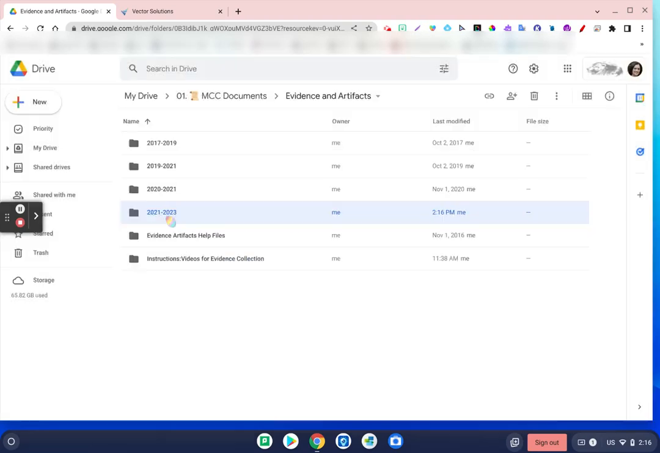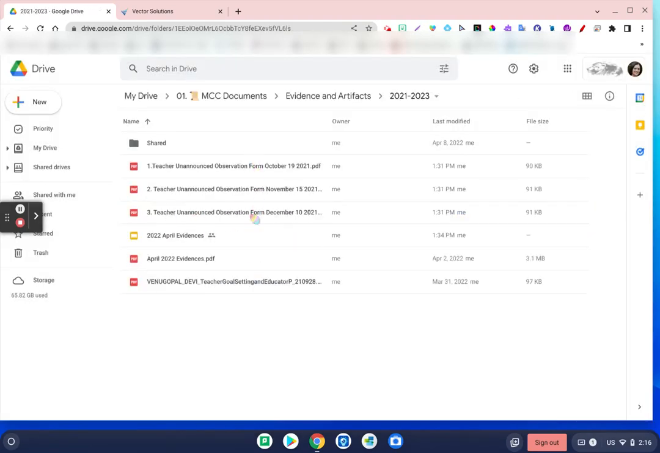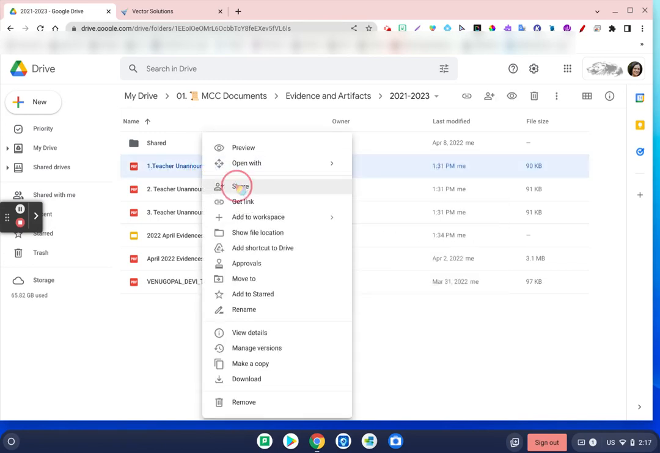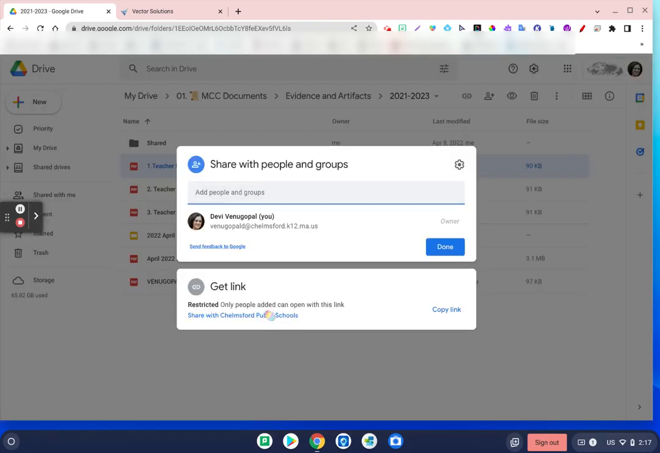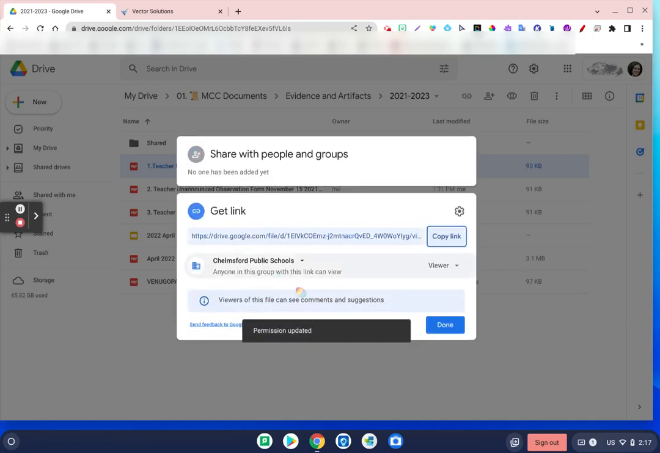within this folder. If you do not want to share the entire folder, but you only want to share individual documents or PDFs, Google Docs, Google Slides that are within your evidence folder, then you can change the permissions on each of those individual documents and make it accessible to anyone in Chelmsford Public Schools by doing the same thing. You can right mouse click the share button, and then change the permission from restricted to anyone in Chelmsford Public